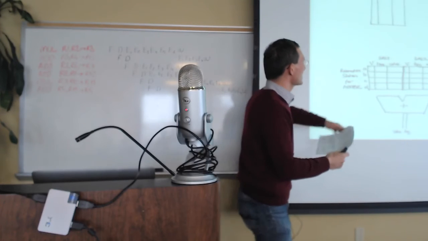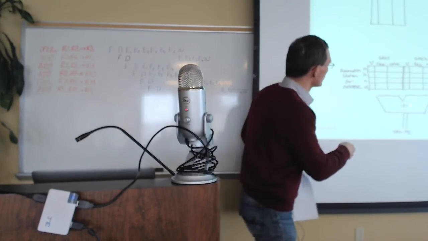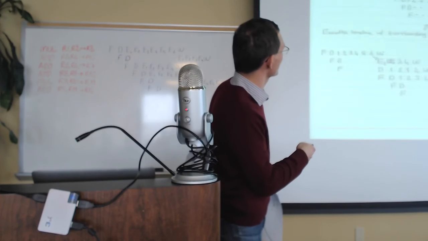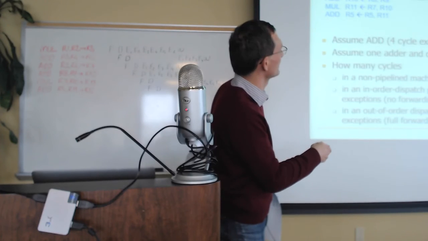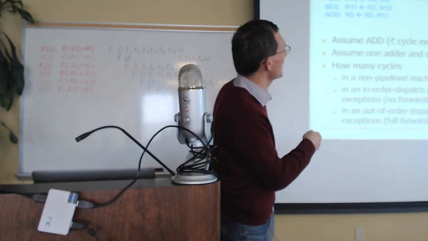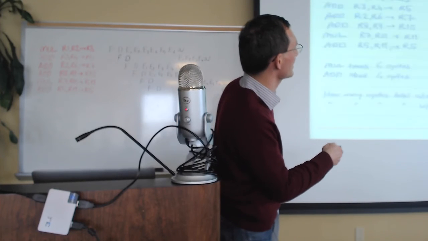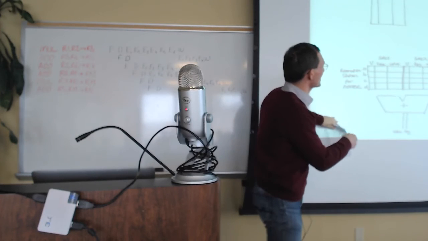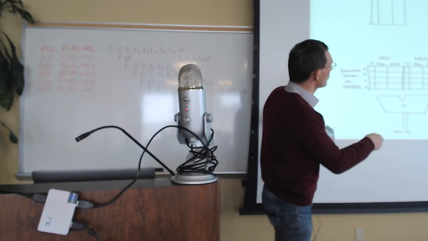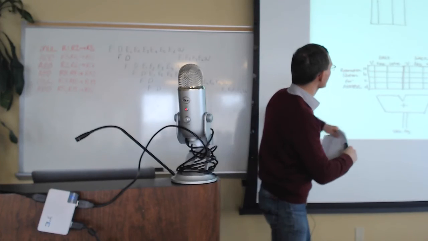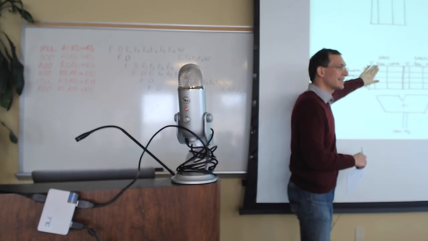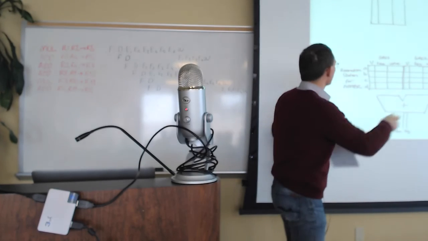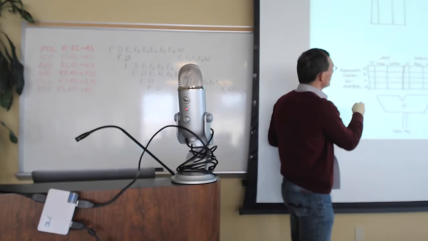And the reservation stations look like this. We're going to assume 2 functional units, as we've discussed, somewhere over here. Yes, 1 adder, 1 multiplier. An add takes 4 cycles to execute, a multiply takes 6 cycles to execute. We're going to assume these reservation stations. Assume that each has 4 entry reservation stations. And this is what the reservation station kind of looks like. I'm not showing everything in a reservation station here, but basically you need to keep track of